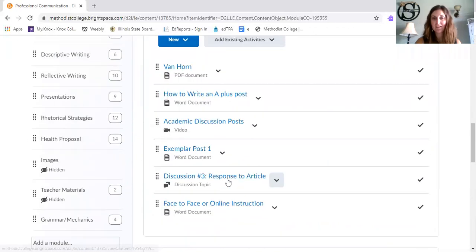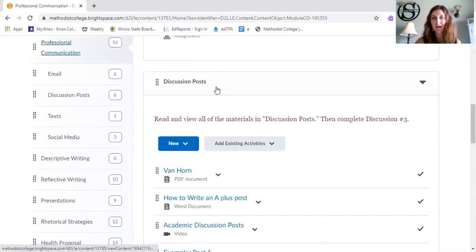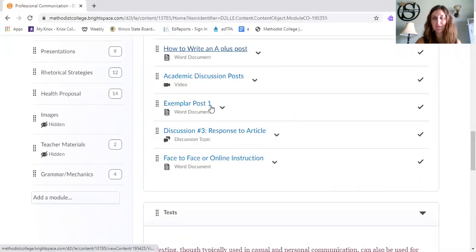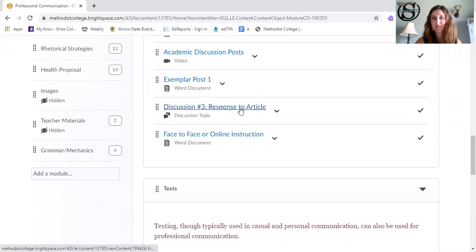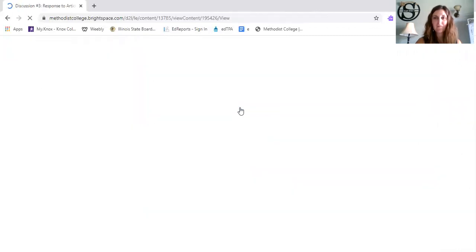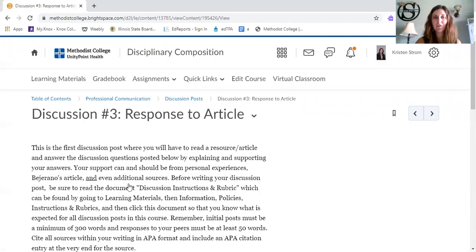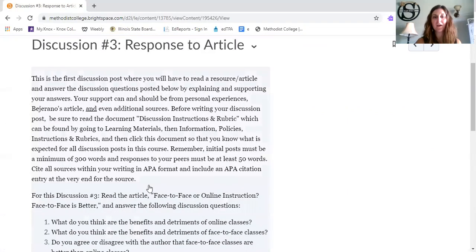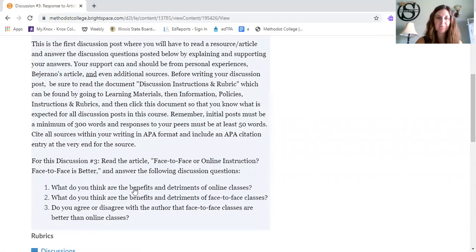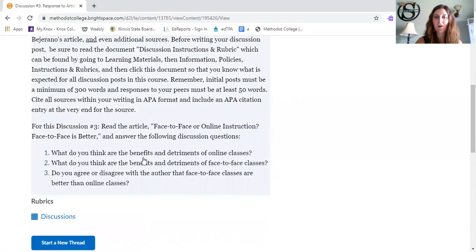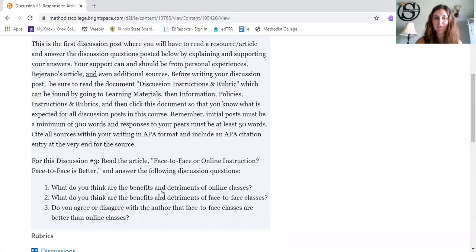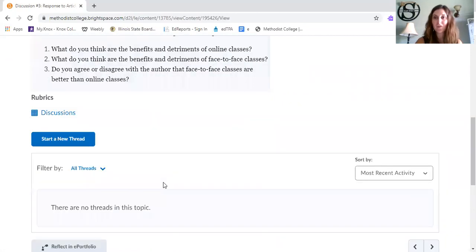Whenever there's a discussion due, the discussions will be posted underneath the module where the discussion is needed. So under this module, there will be discussion 3, response to articles. For discussion 3, you would find it here. This is the first one where you're actually going to have to cite in APA. You'll read this prompt and read the articles that you need to read beforehand